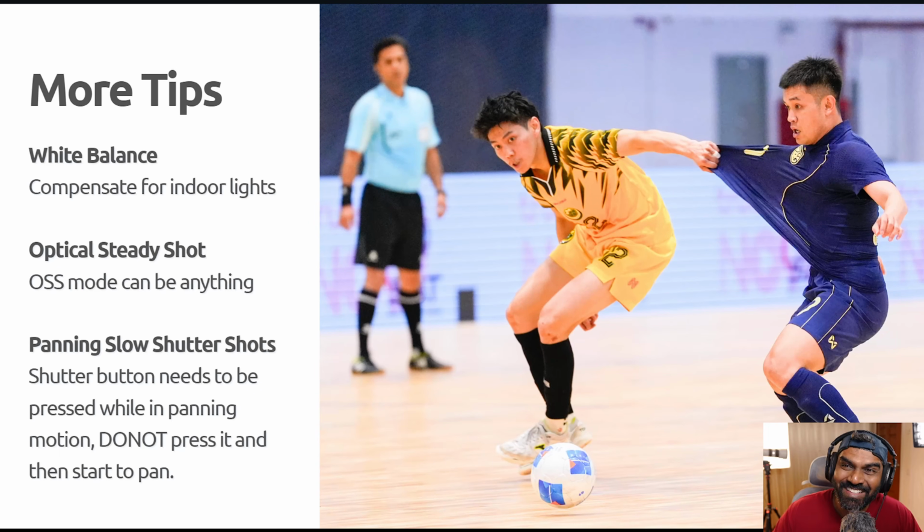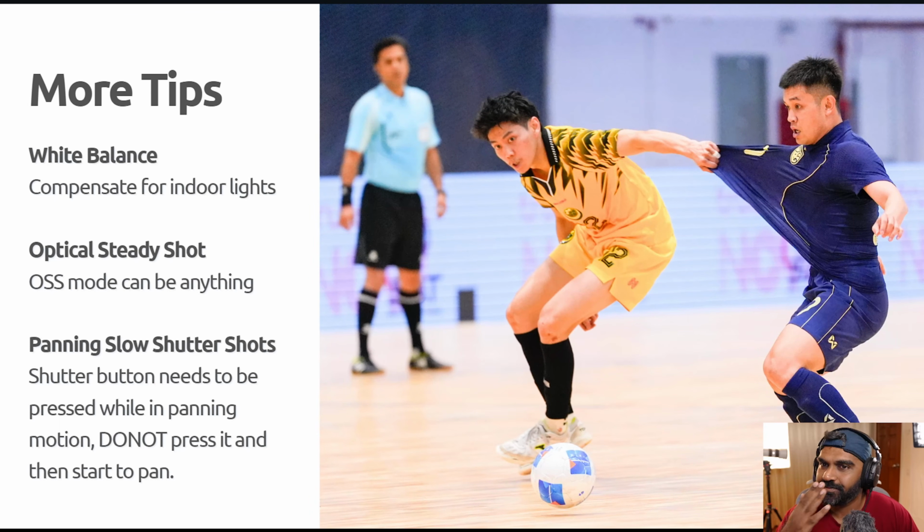I'm sorry. Anyway, so what about the optical steady shot? On the lens, there are like three options for this specific lens. It can be anything, it doesn't matter. It can be one, two, or three. I think one is general, two is for side by side, three is for more erratic kind of movement. I don't remember exactly, but I use two most of the time, so it was okay.